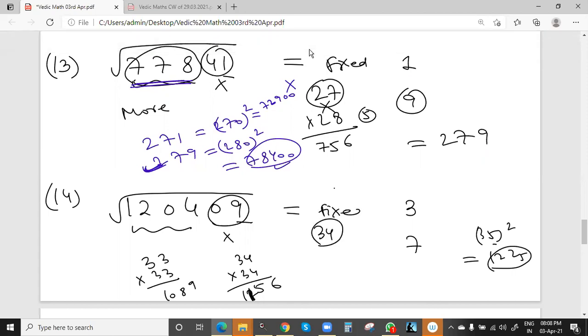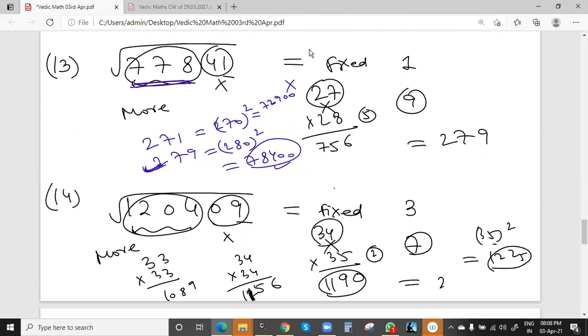And for choosing between 3 and 7, we can multiply with 35 to get the values for 3 and 7. So the same cross multiplication method. 20, 0, carry 2, cross, 2 is the carry. 15, 12, 27 and 2 is 29, carry 2, 11, 1190. So 1190, actually this is more. So we have to check, we will choose the more value, that is 347. 347 will be the answer, correct.